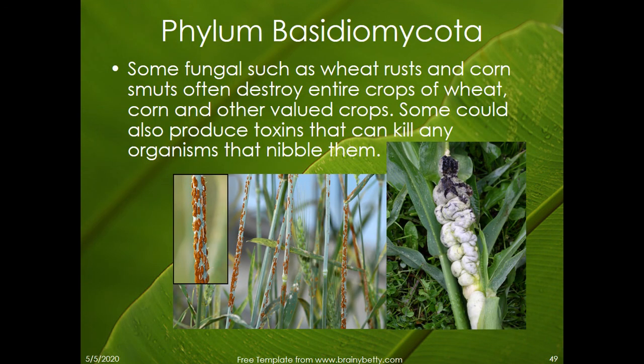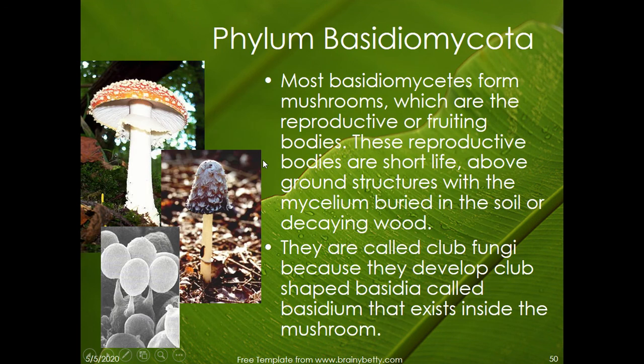In this phylum, some of them are parasites that can destroy crops such as wheat and corn, and they can also produce a toxin that can kill any organism that wounds them. They can also form mushrooms. You can eat the mushroom, very delicious, and they produce fruiting bodies, which, however, have a very short life,